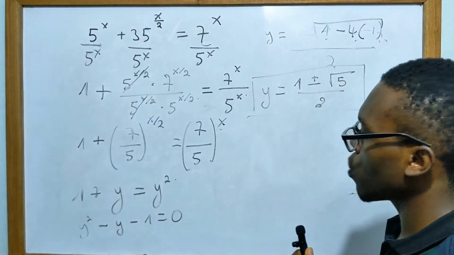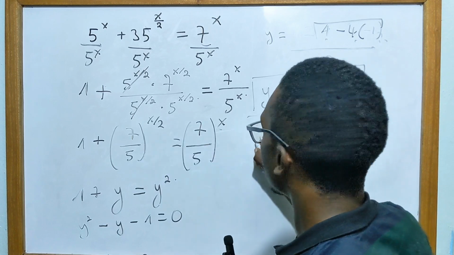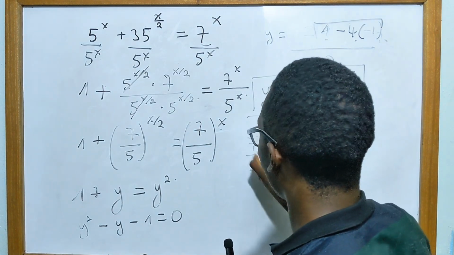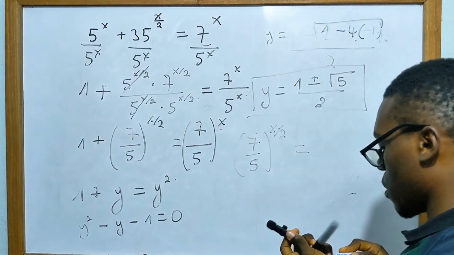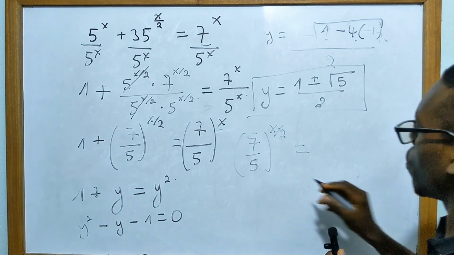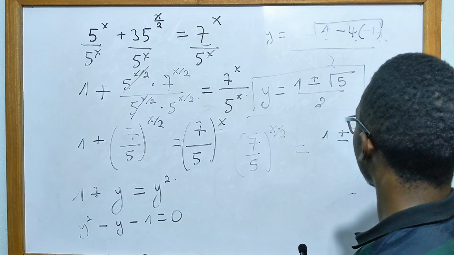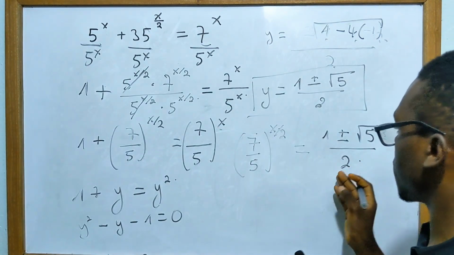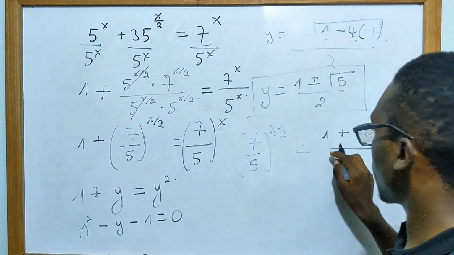Therefore, automatically, we know that y is equal to (7 all over 5) to the power x over 2. Therefore, (7 all over 5) to the power x all over 2 is equal to this, that is 1 plus or minus the square root of 5 over 2. At this point, we can solve differently to have the positive part and the negative part. Taking the positive part first, remove